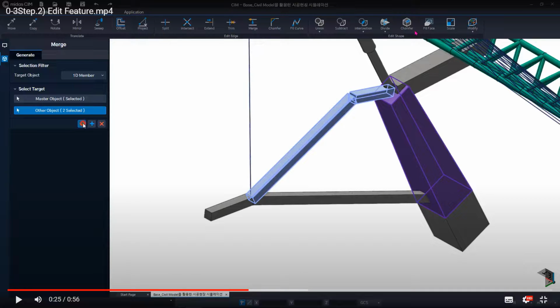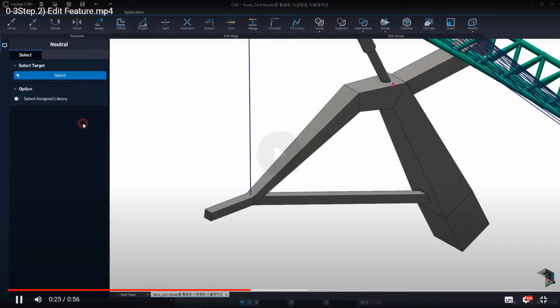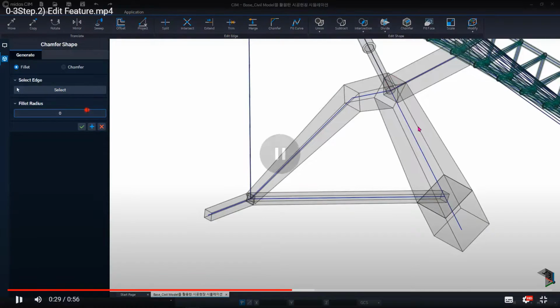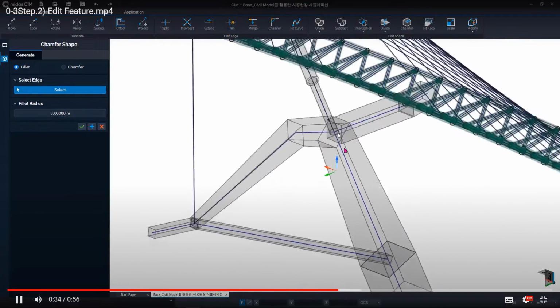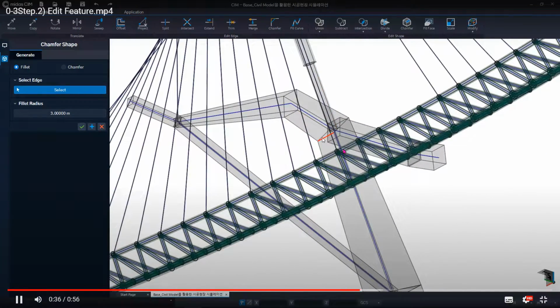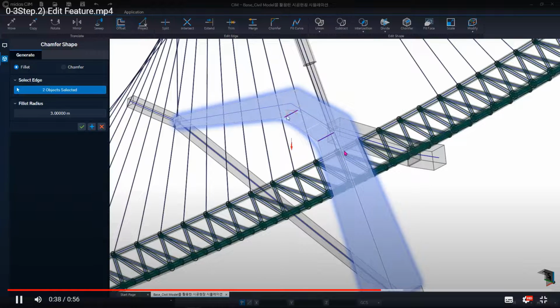Chamfered is just removing the edge of a pointy object. You can click on the chamfer there, and then immediately the concrete will turn transparent, and you can fill the radius in here, for example 3 meter, and then you click select edge, and immediately the edge of each model will be highlighted.